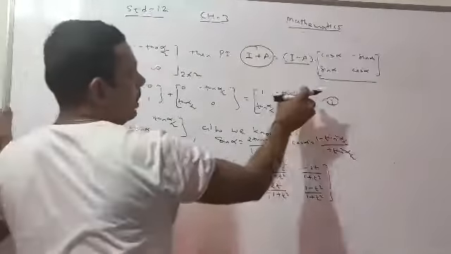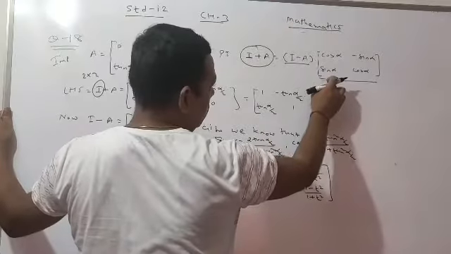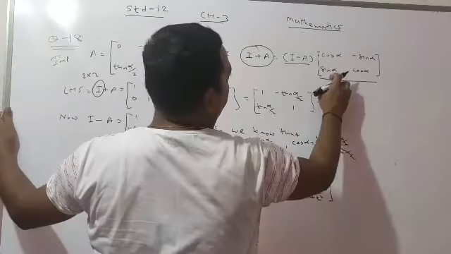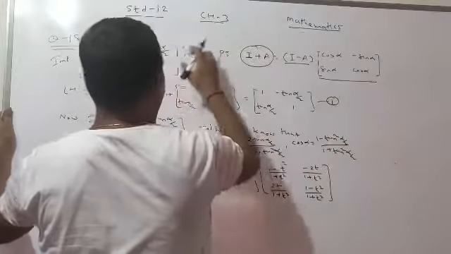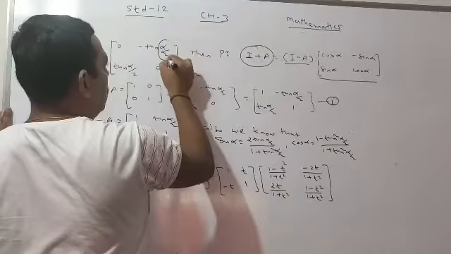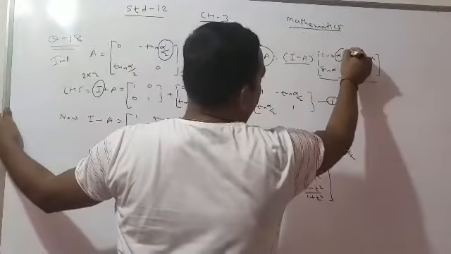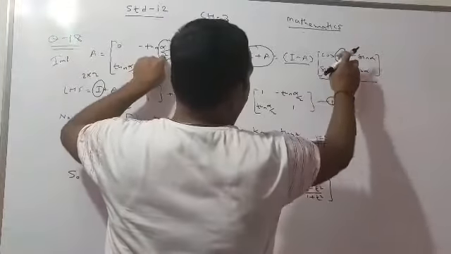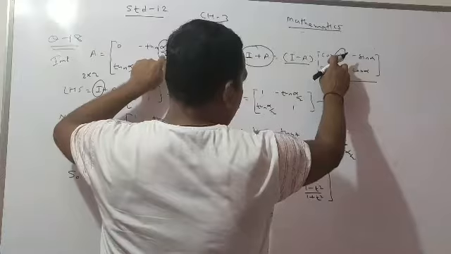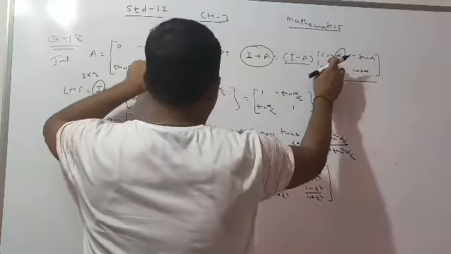Now in the RHS, the other matrix is cos alpha, minus sin alpha, sin alpha, cos alpha. Now observe the question. Here as a theta, it is alpha by 2. And here as a theta, it is alpha. So it is a half angle, and this is a full angle. So we will use the relation of full angle to half angle.